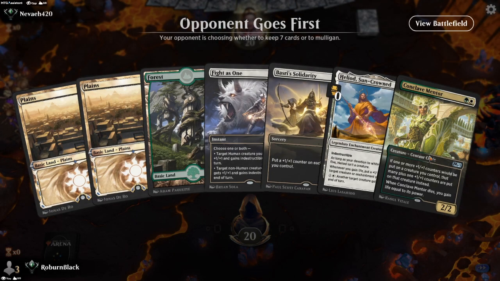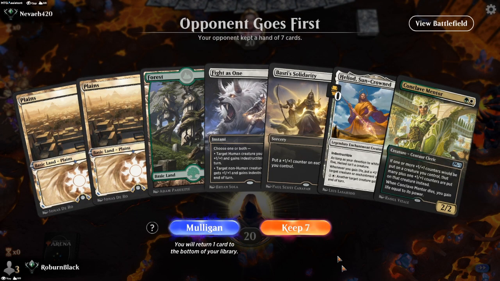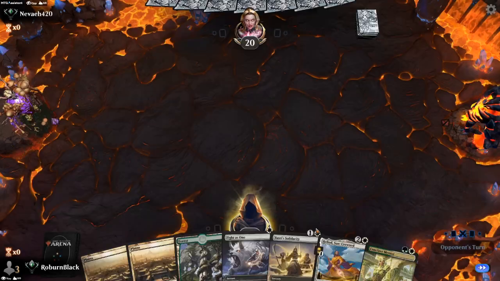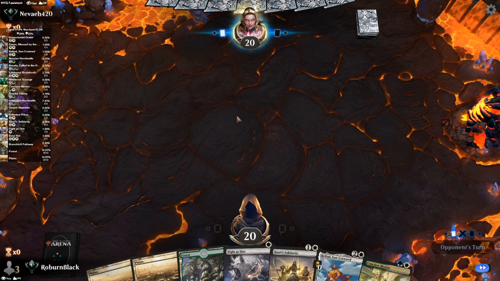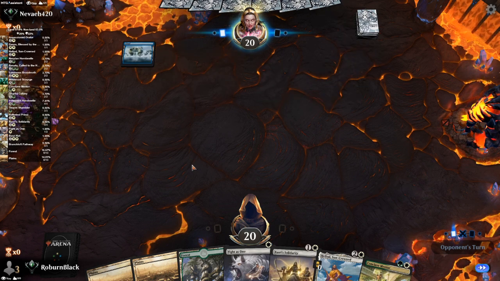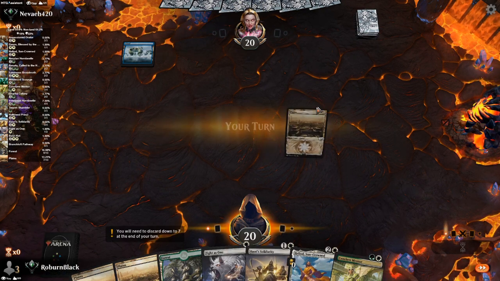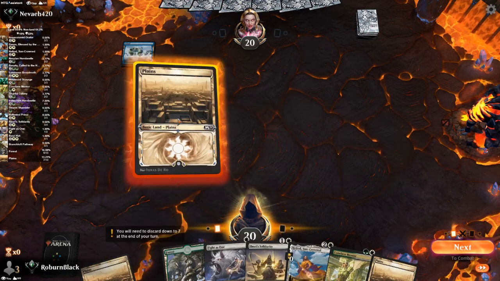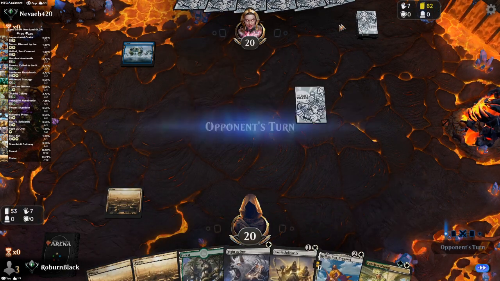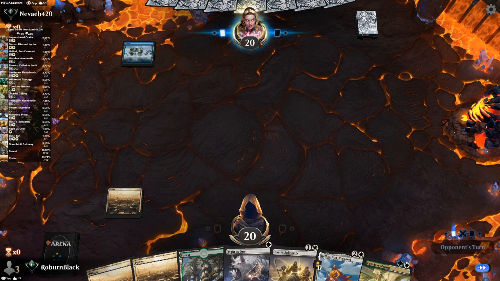Let's see if we can't... okay, very nice hand, very nice hand. Not too many early drops, but enough for a pretty smooth increase here if we draw into some creatures. We got the extra life cards. That's very nice of him. He's got premium manas, premium backs. Not a premium character. So,